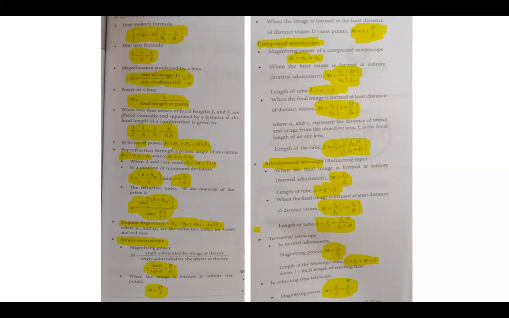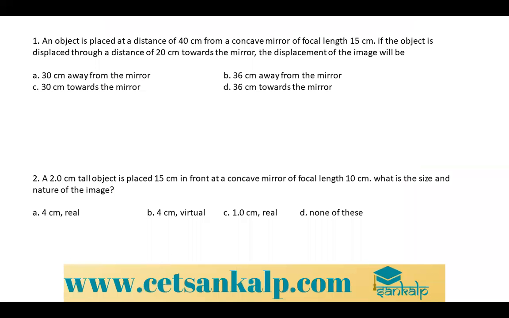So I hope everyone has written down cleanly. Okay, so first problem, look. An object is placed at a distance of 40 centimeter from a concave mirror of focal length 15 centimeter. If the object is moved through a distance of 20 centimeter towards the mirror, the displacement of the image will